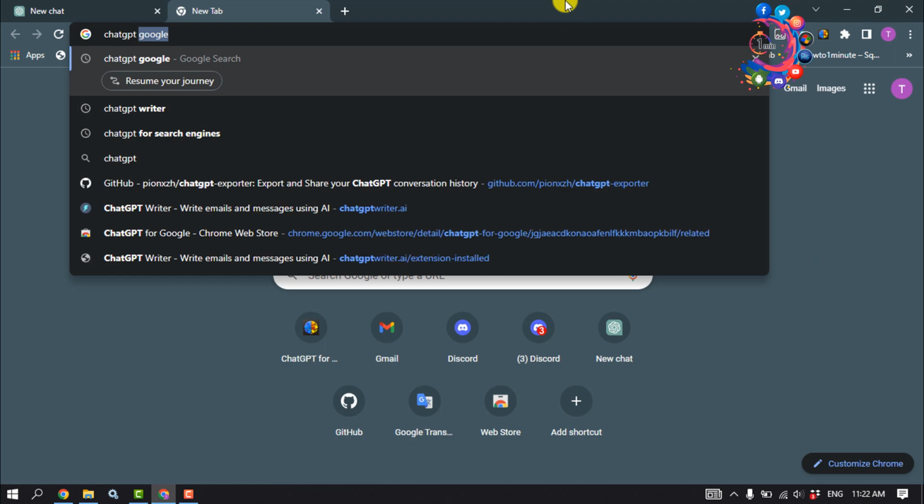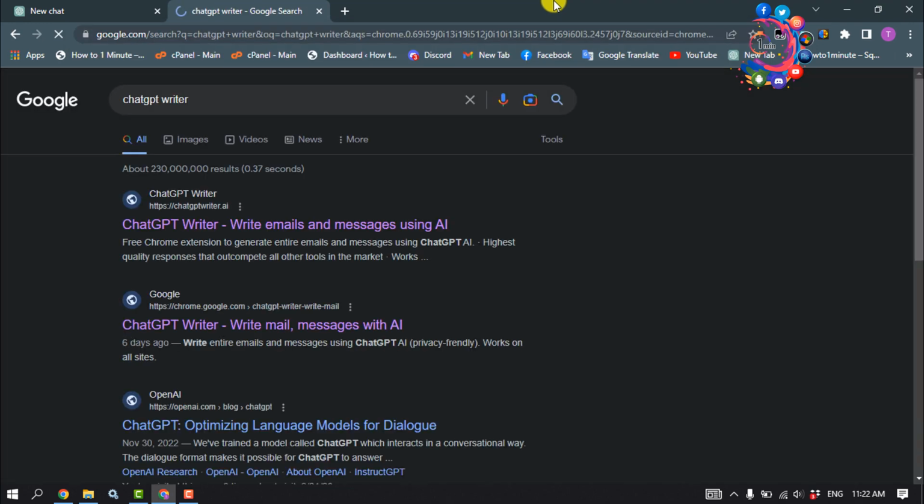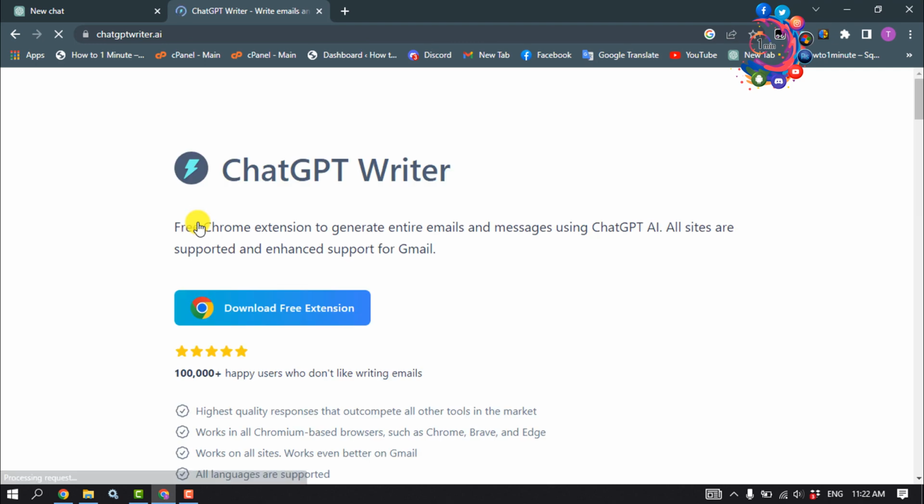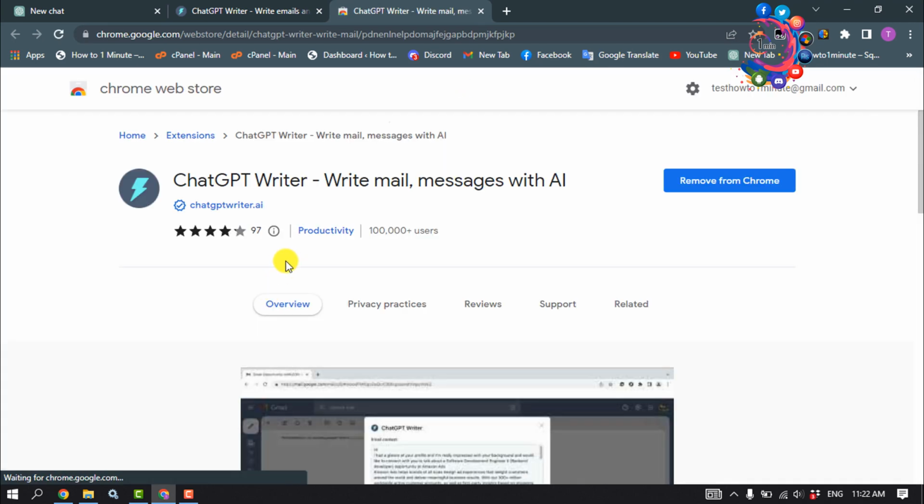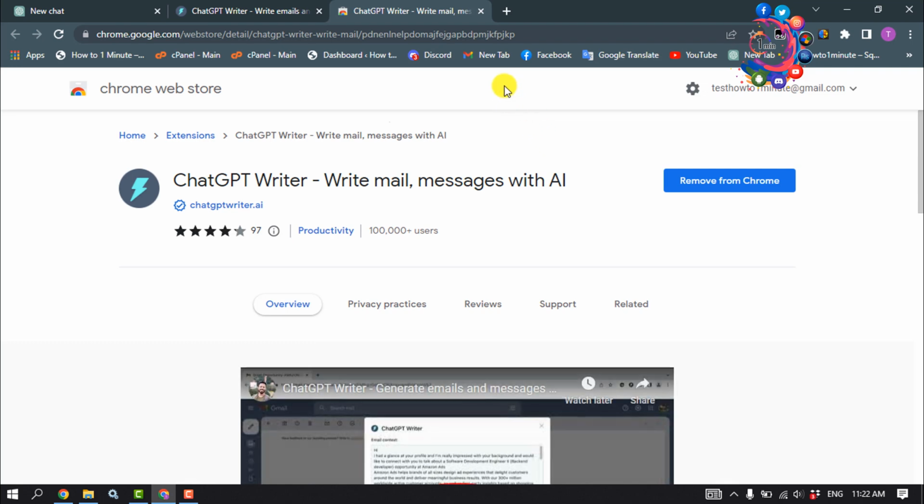So search here, ChatGPT Writer, open the first link, click on download free extension. All you have to do is just add this extension on your browser and then open your Gmail